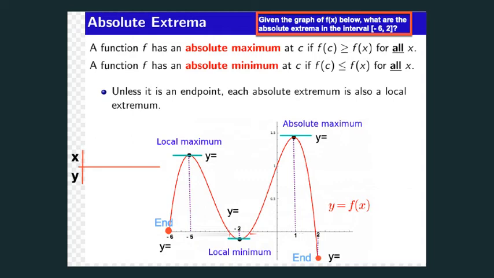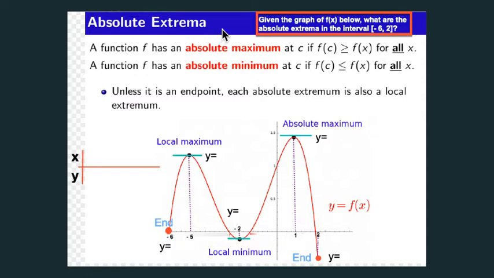Just going to do a quick screencast on the idea of absolute extrema. So we have absolute extrema or extremums, and we have relative or local maximums and minimums. Another name for this is an interval test. All we're looking for when we're doing extrema is, by extrema we mean extreme values, so maximums or minimums, and we're trying to find the highest point on the graph and the lowest point on the graph in